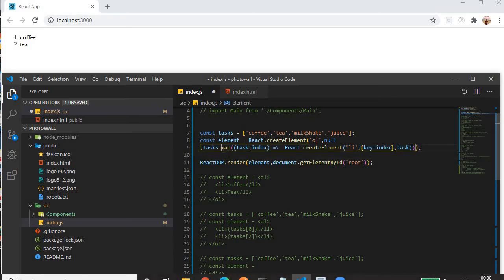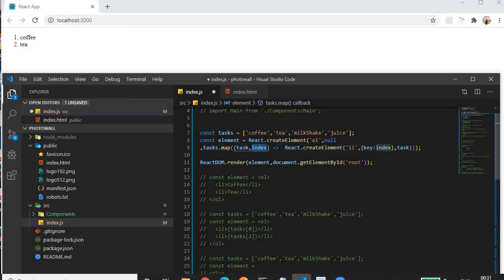task.map. Map is a function, or you can say it's an ES6 array iteration. Map usually creates a new array from the original array. It won't change our original array. For reference, you can search on Google for the importance of map in JavaScript arrays. So it is nothing related to React.js, it is related to JavaScript. So task.map will iterate the array and get each task item, meaning we will get coffee at first iteration, in the second iteration we will get tea, then in the third iteration and fourth iteration, used along with the index number.